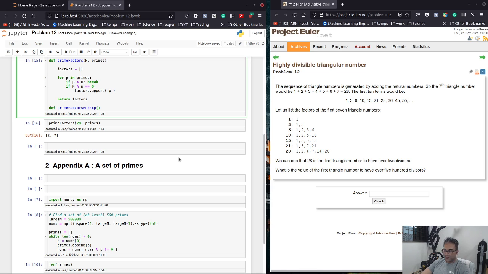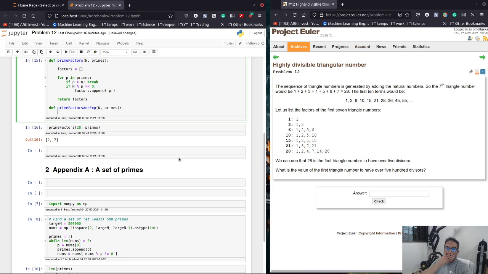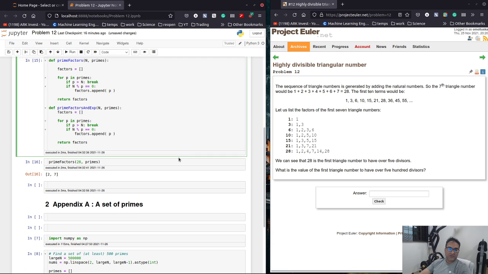Okay, so we have n and we have the primes, and we can just do all of that, just copy all of that, paste it. And how do we deal with this? We have factors,